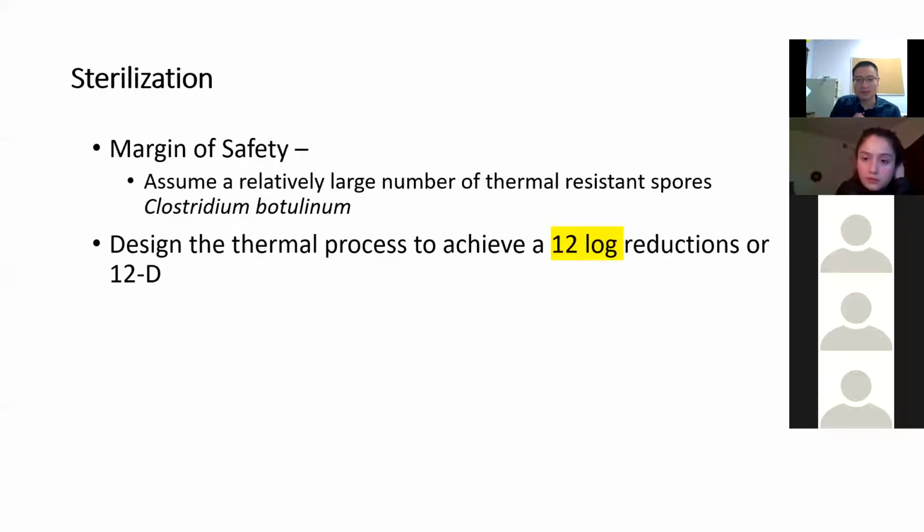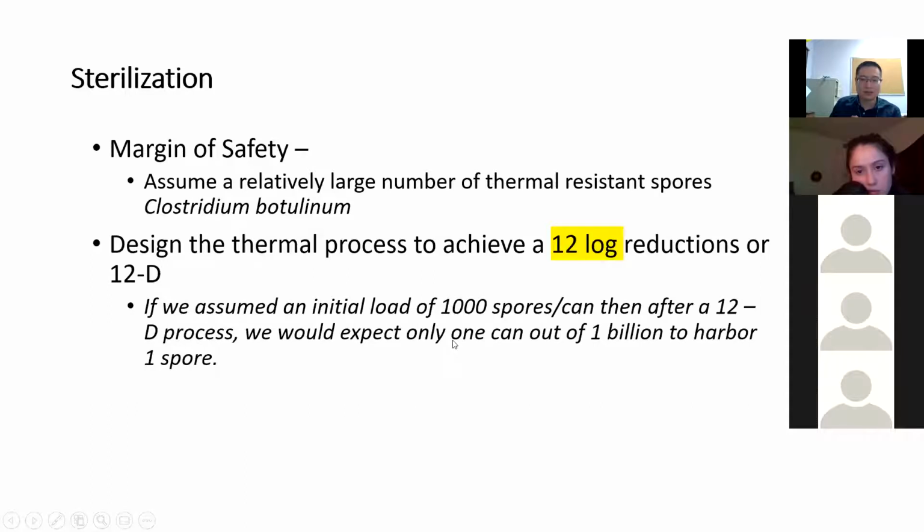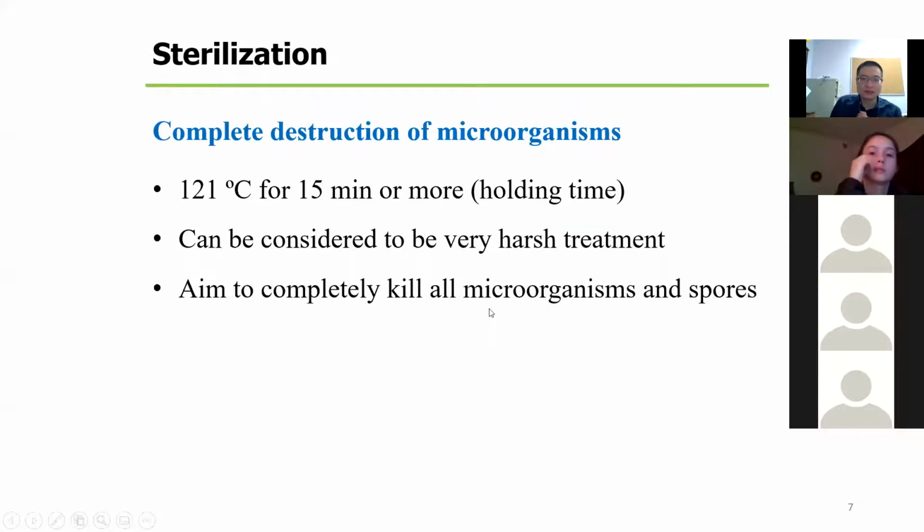So we are always trying to ensure a 12D reduction of that species. Typically, to achieve the 12D process, we have to process it at 121 degrees C for more than 15